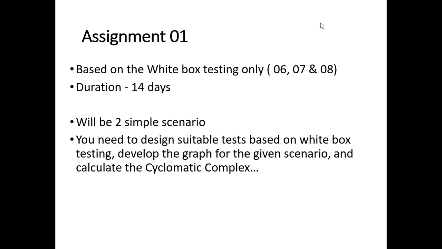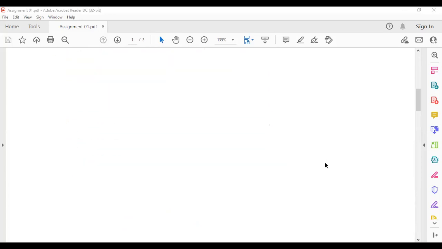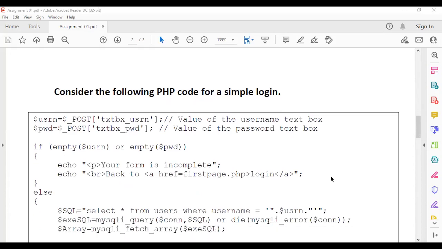So if I show you the assignment, right? You have a very simple PHP code.